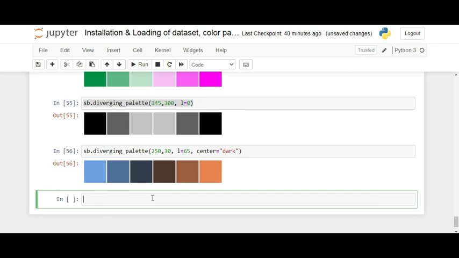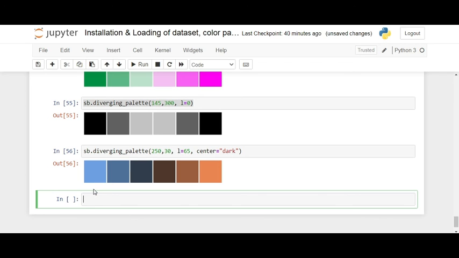So we can check these different values. Now we can observe this one and this one. As compared to this one, there is a change in the colors. So as per your requirement, you can select any color palette.